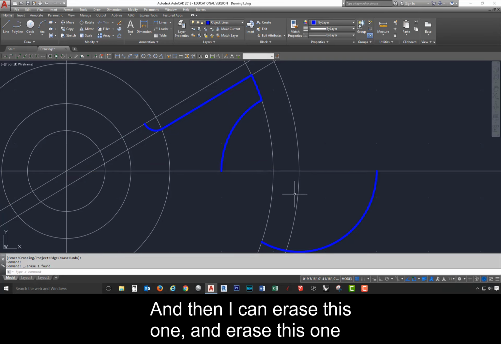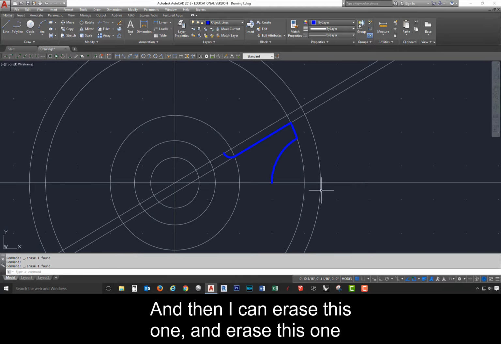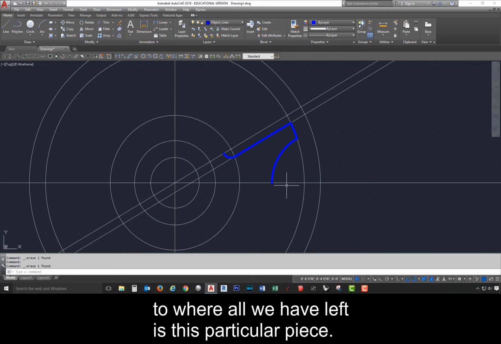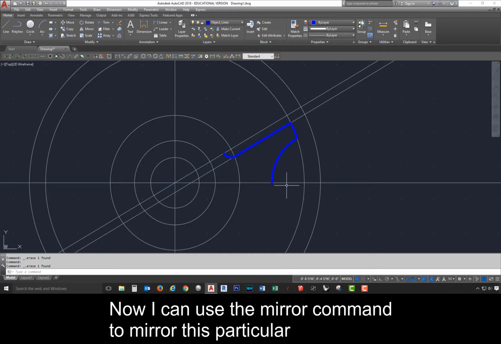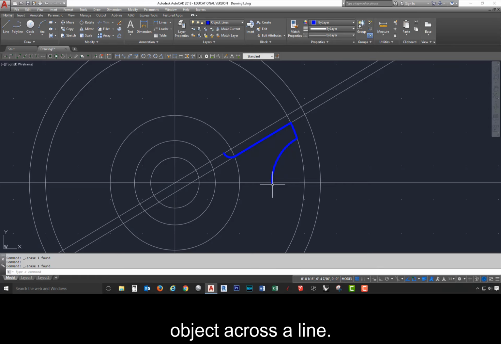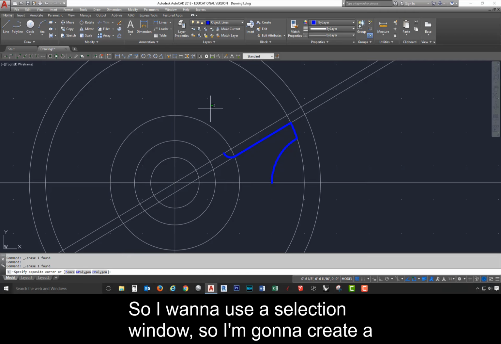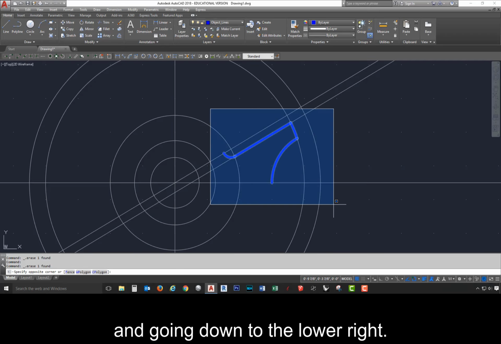And then I can erase this one and erase this one to where all we have left is this particular piece. Now I can use the mirror command to mirror this particular object across a line. So I want to use a selection window. I'm going to create a selection window by clicking in the upper left and going down to the lower